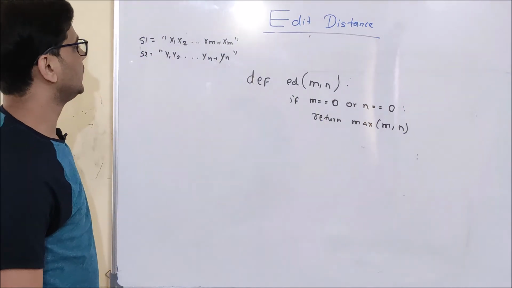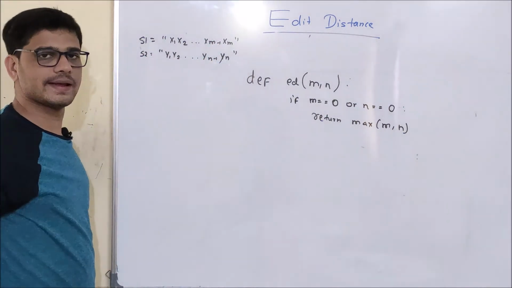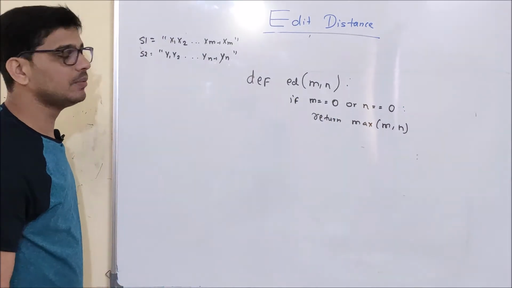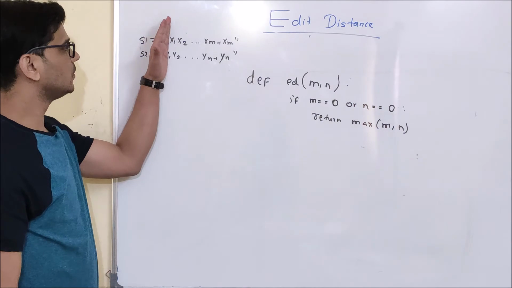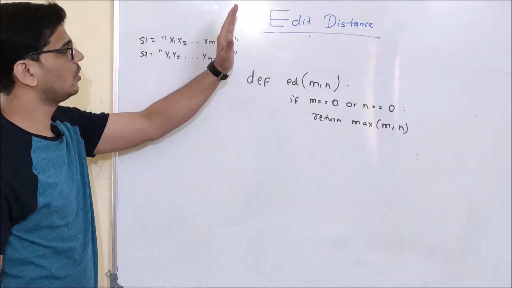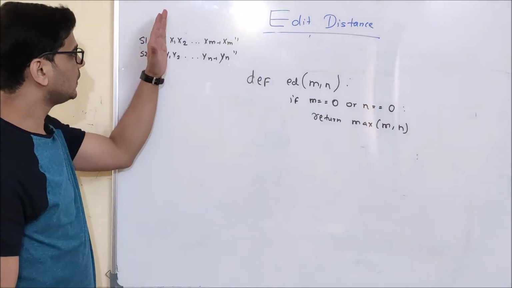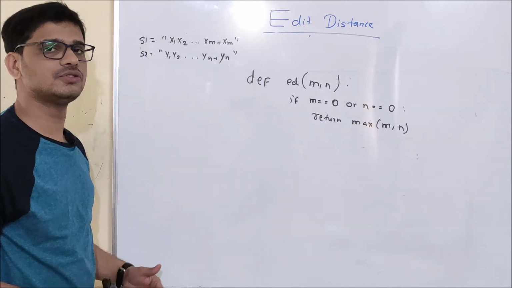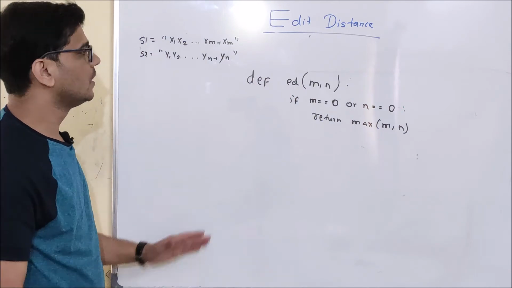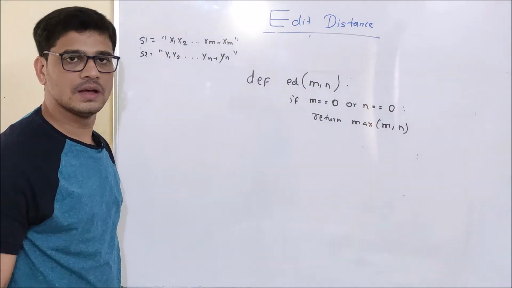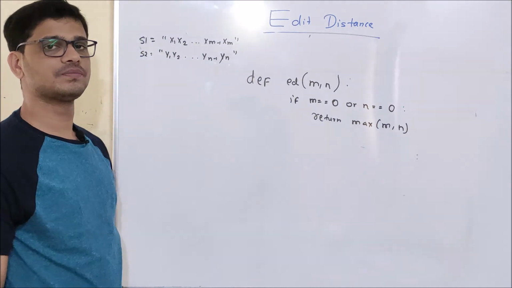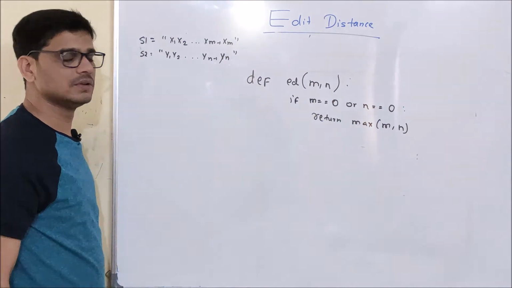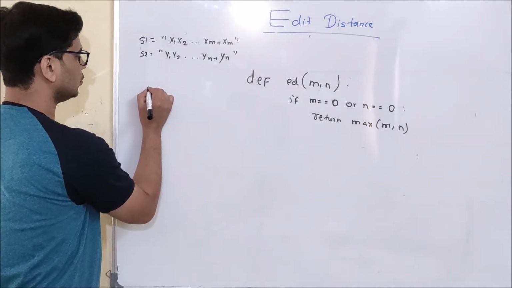Basically what we will be doing now is that none of my strings are empty, so we need to match to find the edit distance. So we have two options from here. Either I will start to match from the beginning or from the end. If I take the first case, I will face some issue, that is I will have to check the length of the strings again and again. But if I proceed from the end, I will not have to do the same thing. So I will start matching from the end. So here come two cases.